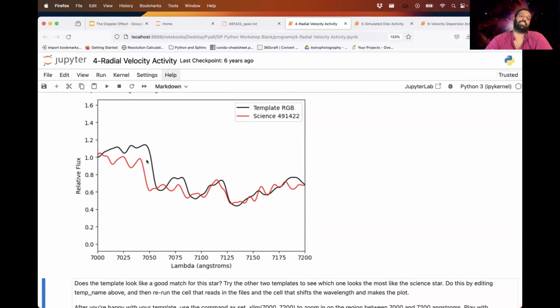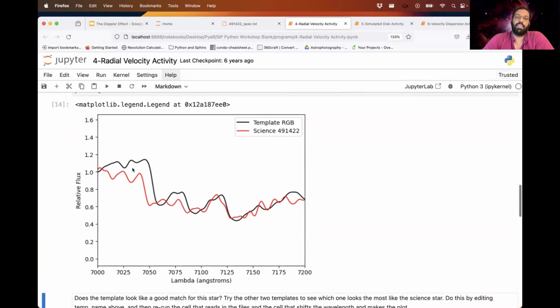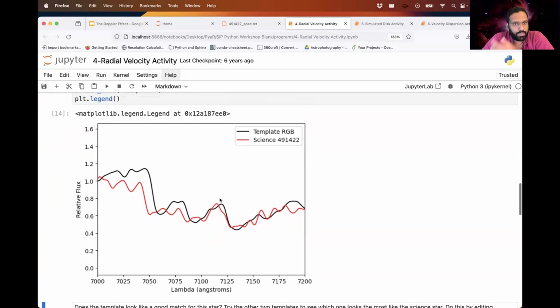And so now you can see that they do have general features that are similar. They don't look exactly the same, but the general trend is similar. And now the question is, how do I move this black curve, the template curve, so that it aligns better with the science curve? One thing I'm going to do is look over here, and I see that both the template and the science have a peak here. So I'm going to ask myself, what do I need to do to bring the template back so that it can fit on top of this little science peak here? So if I want to move